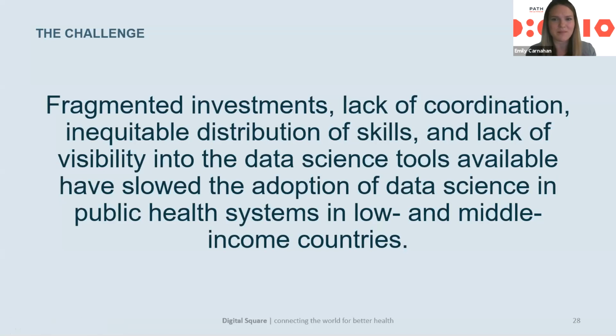Caitlin mentioned this, a lack of visibility into what data science tools and approaches are really available. And these are all barriers that we've heard great examples of how they've been overcome in some of this project work, but as a sector, they're challenges that we're still working to address.